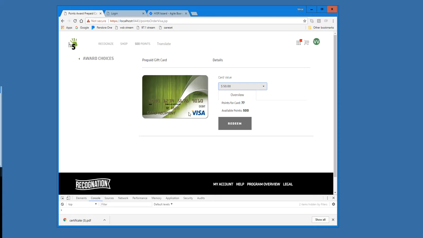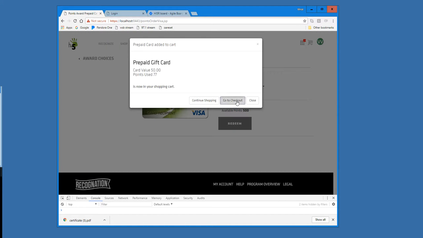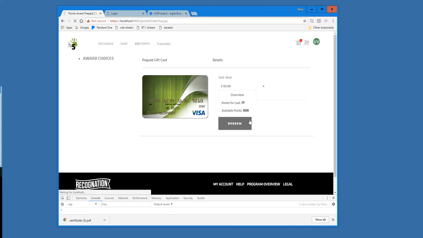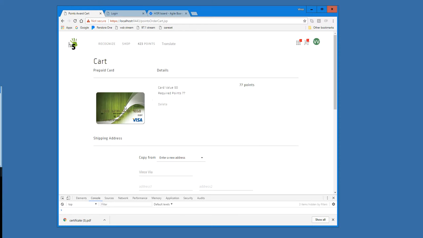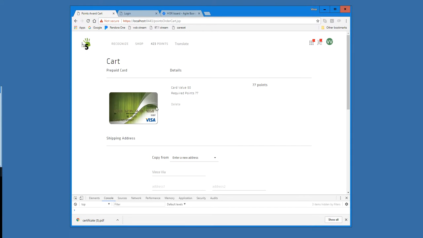If you notice here, we're showing a Visa card, and as it stands right now, it's just using a hard-coded image file right there. Redeem it. Go to the checkout. Once we're in the checkout, it shows the card there. So our new requirement is basically